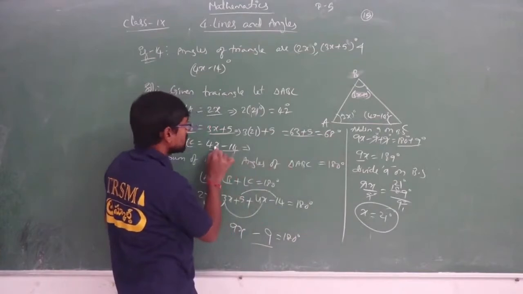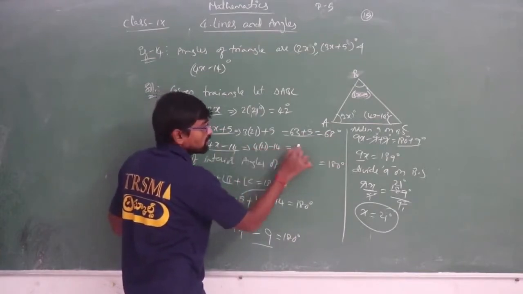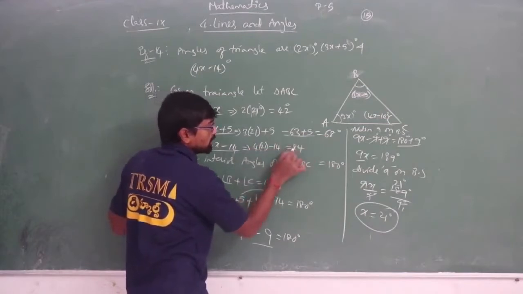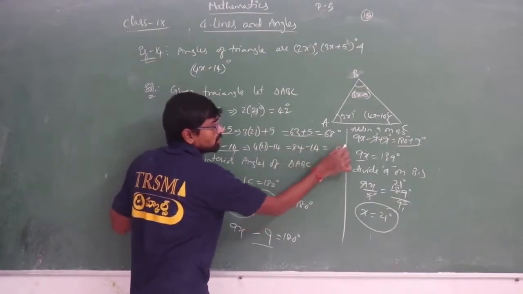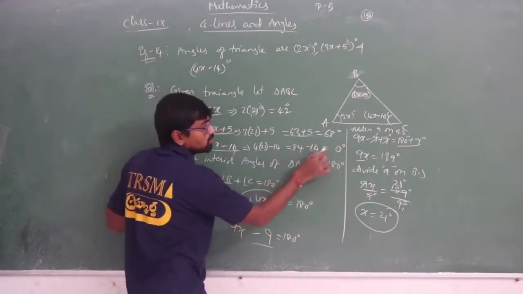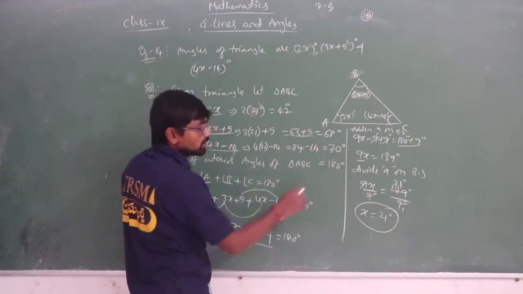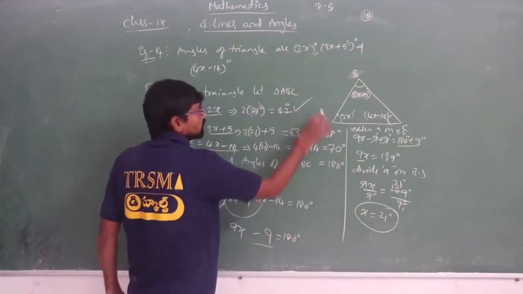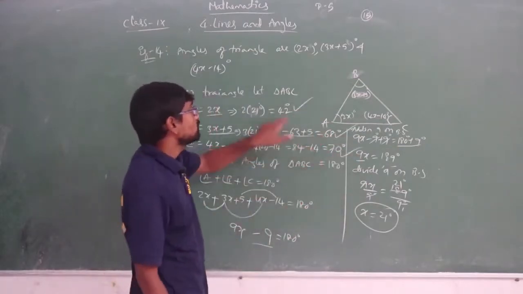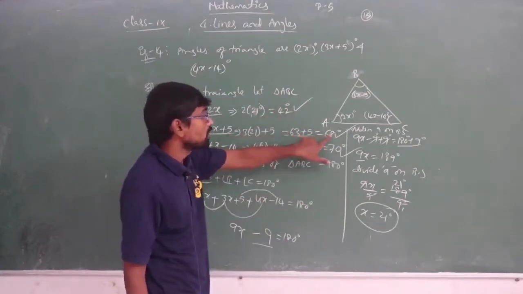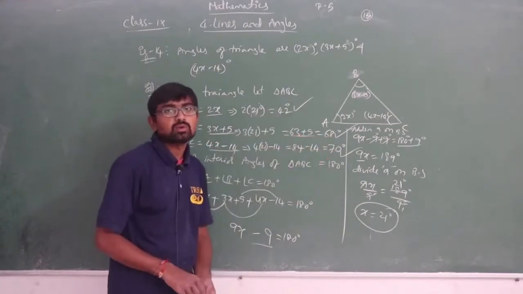Now coming to the third measure, that is 4x: 4 into 21 minus 14. 4 ones are 4, 4 twos are 8, so 84 minus 14. If you subtract, 4 minus 4 becomes 0, 8 minus 1 becomes 7. So here we have got 70. Now you can see the first one is 42, second is 68 and third is 70. If you add 60 plus 40 is 100, 110, 110 plus 70 is 180. Again you got the sum of interior angles as 180 degrees, isn't it?